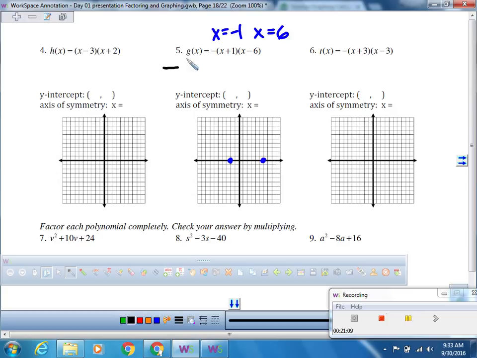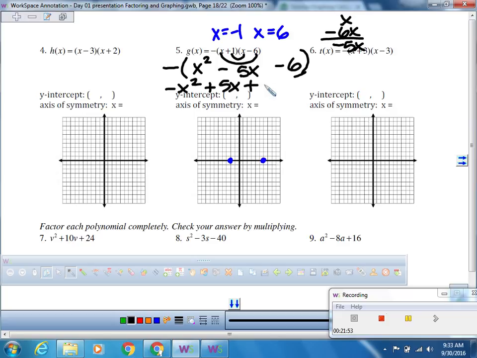Leave it out here. And what I'm going to do is go ahead and do what I've been doing. X times x is x squared. 1 times -6 is -6. 1x minus 6x is -5x. Right? I don't have a lot of room on this. You got it? 1x minus 6x makes -5x. This is -5x, but we're not done because now we distribute the negative. So now it's going to become -x squared plus 5x